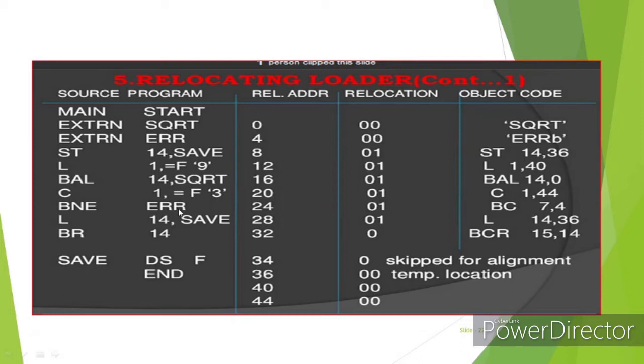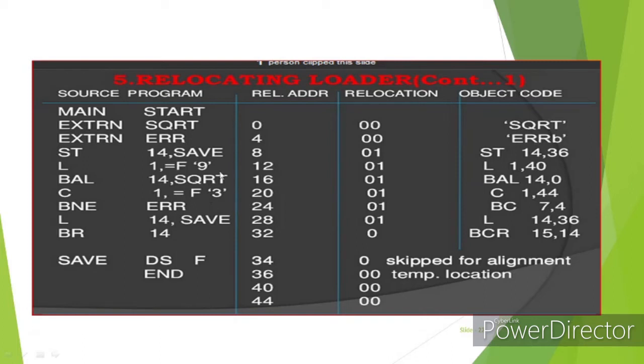Then BNE ERROR, where ERR is the external name, placed at memory location 4. Then again load 14 comma SAVE, and SAVE is at memory address 36. Then again branch 14, where 14 is the register which transfers control to register 15. Then SAVE DS F, which is skipped for alignment and temporary location, and then END.